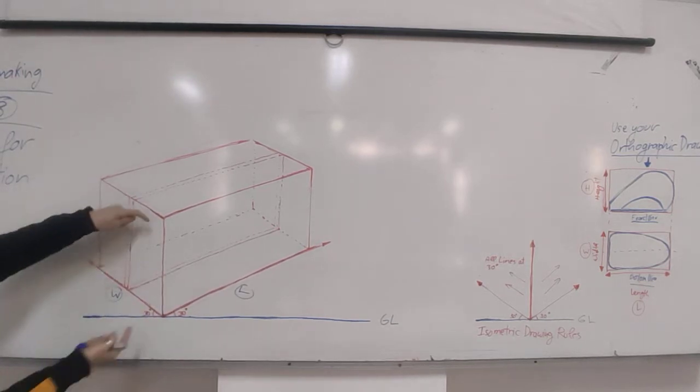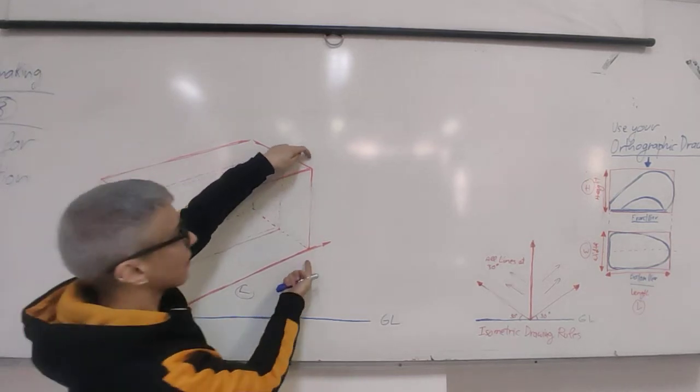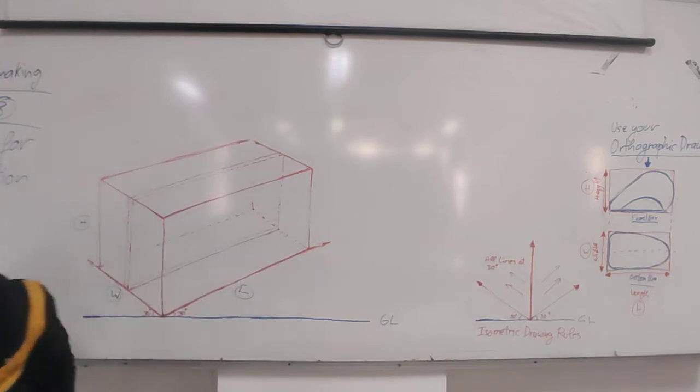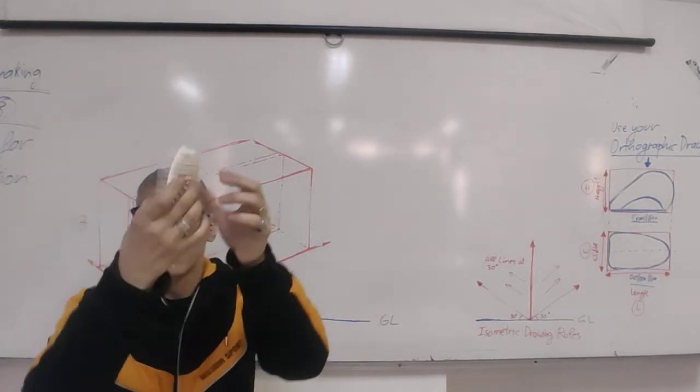Now, this line, the height, will be the same as this line, the same as this line, the same as this line, because this is an isometric drawing. This is the rule, okay? Now, if you remember last time, the mouse,